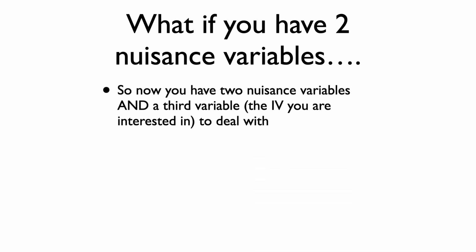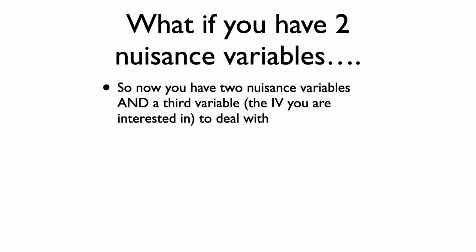So what if you have two nuisance variables? So now what you have is you have two nuisance variables and, of course, a third variable, the way you're interested in your dependent variable. This could happen, and it does, and it's rare. You can't put them together. I put an example up on the LMS about how to do this with SPSS, and it'll show you also just an example. I think I lifted the example out of the book. So